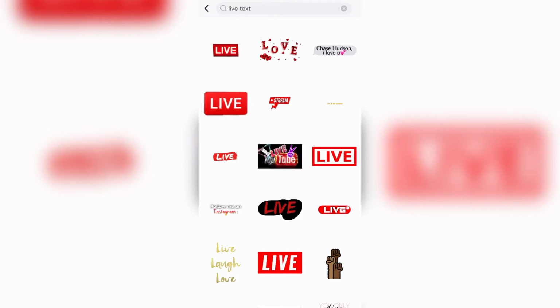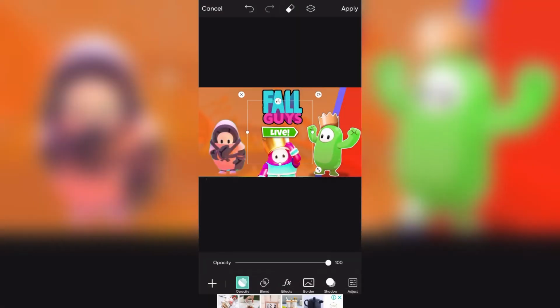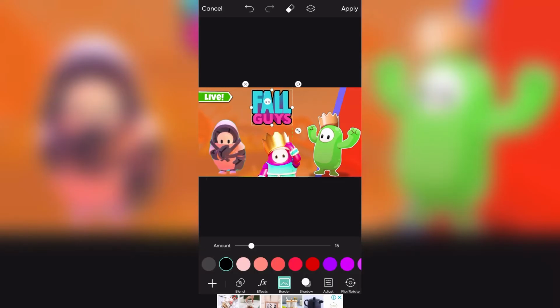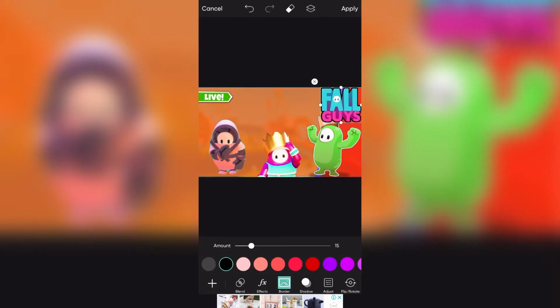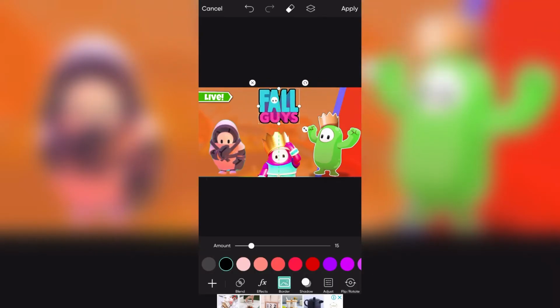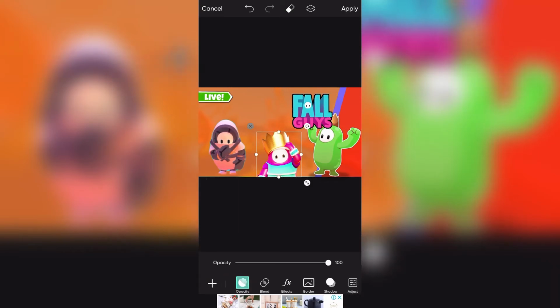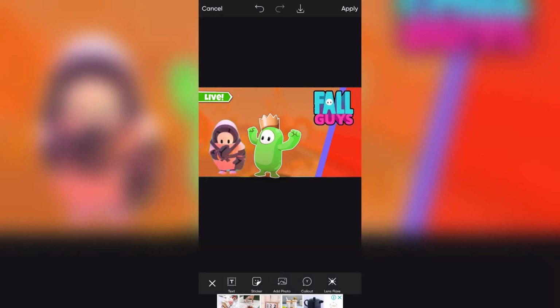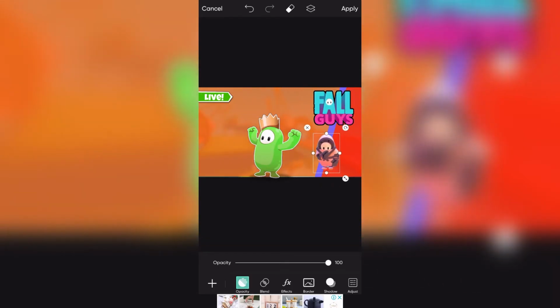I sometimes like this because the orange background is there, so I will put it like that. And sometimes, guys, if I'm seeing that Fall Guys is not looking cool, or it will look good somewhere else, I can do one thing, guys. I can just remove it, put it here, make it like this. Okay, I will choose the ninja over here.